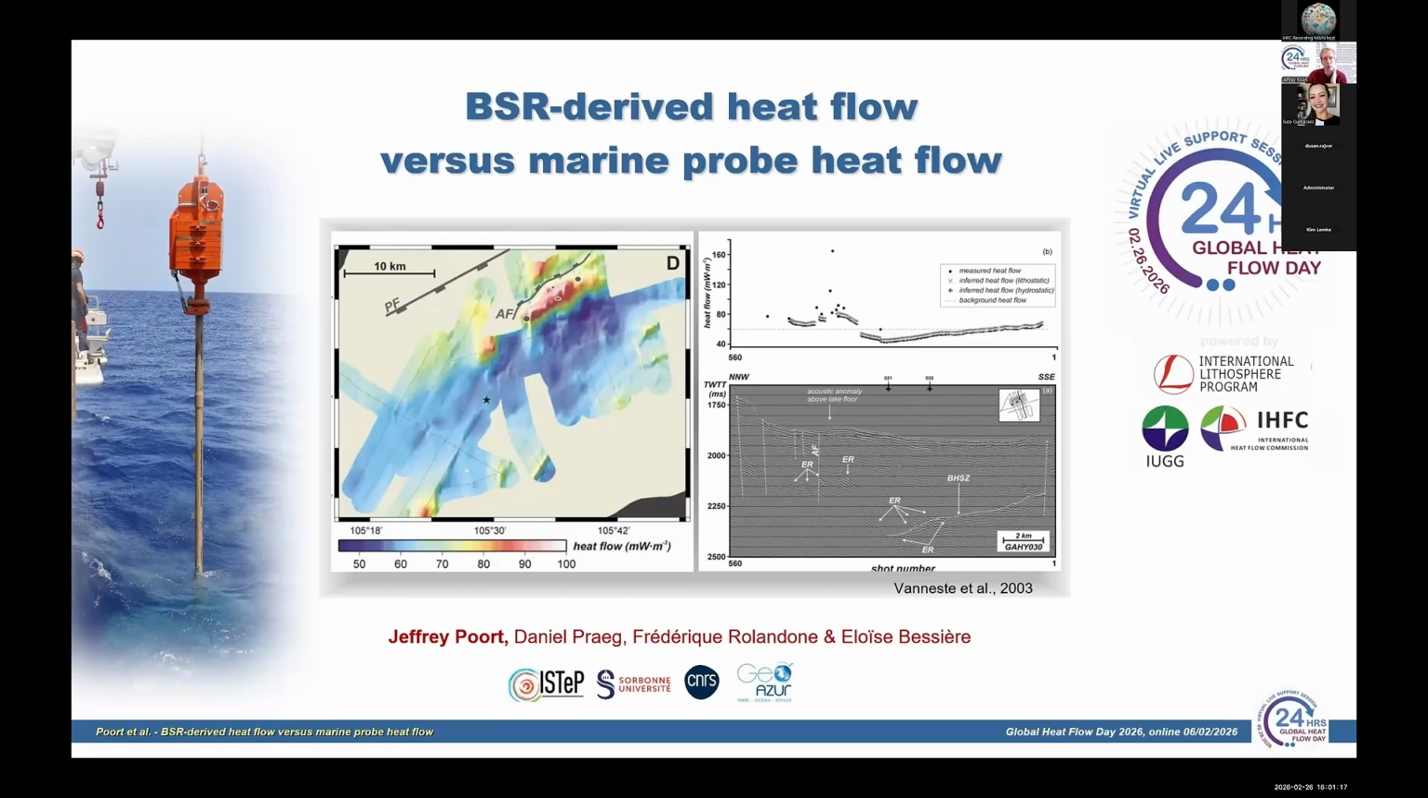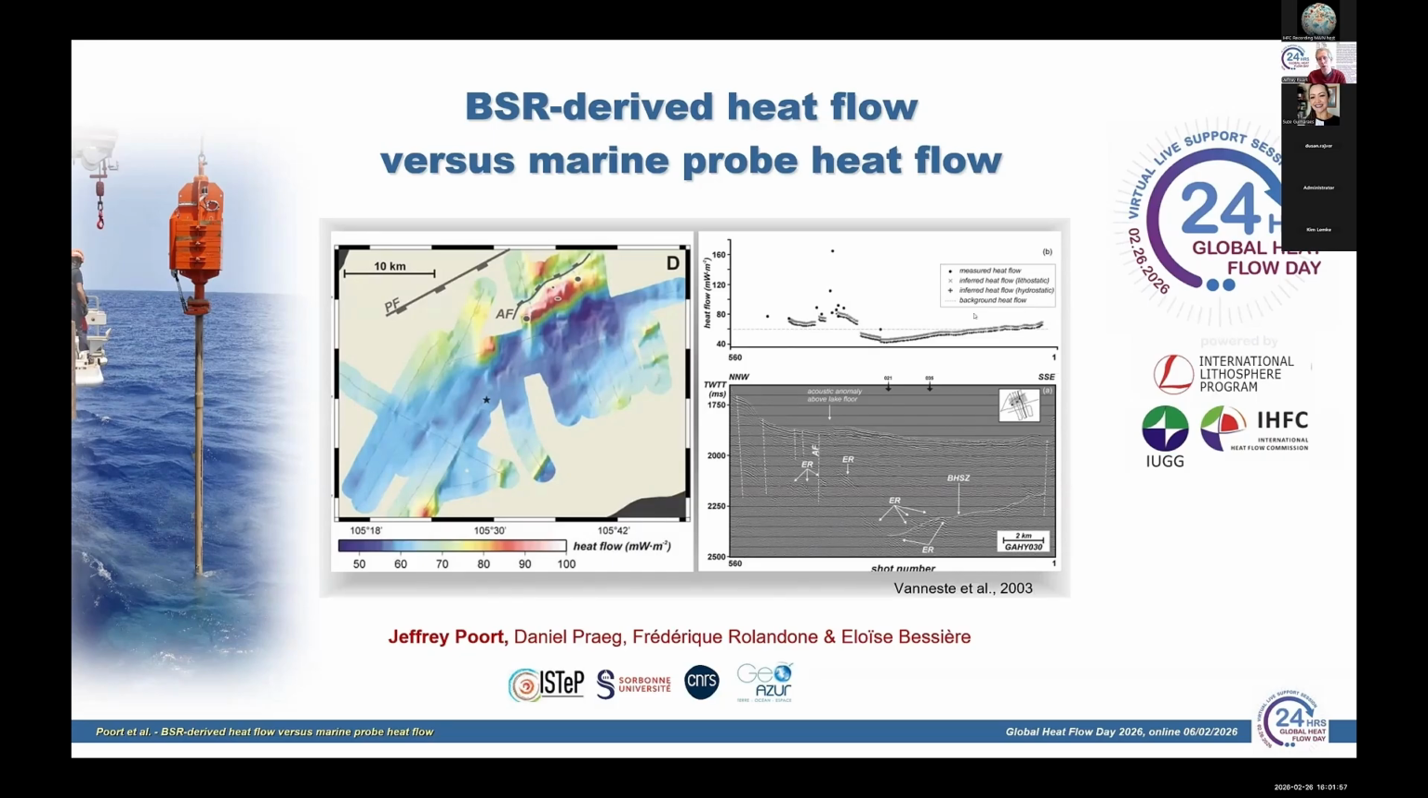So here I will focus on this BSR-derived heat flow, and then in the end show some comparison with marine probe heat flow data. I put this picture here from a study that I did with my colleagues from Ghent in the late 90s, early 2000s in Lake Baikal, because it shows very nicely the possibilities. You can see here on the left a map of heat flow derived from a BSR. So you have very nice regional information on the variability of heat flow in this complex